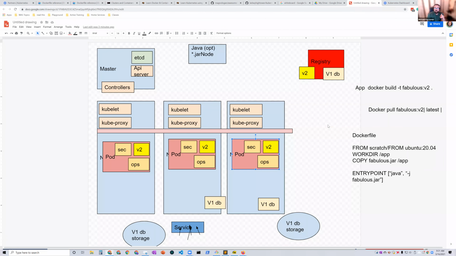If this has a database attached to it, I need different things to happen. I need Kubernetes to manage this differently. I don't want a random name for the pod because if it changes the name every time, isn't it going to be hard for me to find my database? It's going to be hard for me to find my database if the name of the pod changes every single time. Now, this is what service discovery is for, by the way, but this is one of the big differences between